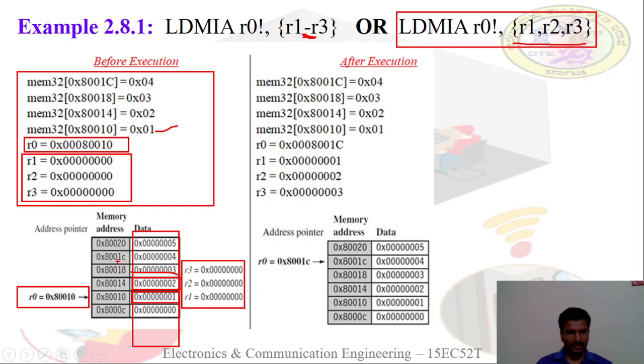Then the next address is 1C. So 1C, 1D, 1E, 1F. So 4 bytes. The next location is 20. So 20, 21, 22, 23. It is not mentioned sequentially here. The address is incremented by 4, because here each memory location contains 4 bytes. So 10, 11, 12, 13. Next one is 80014, 15, 16, 17. Then the next location is 18, 19, 1A, 1B. And so on. So after execution of LDMIA,